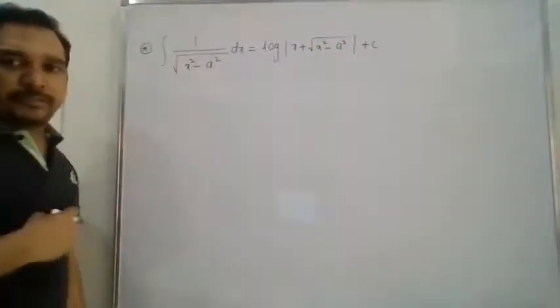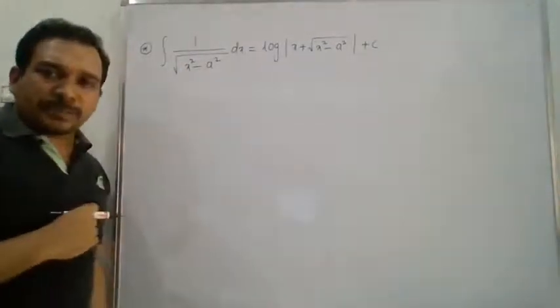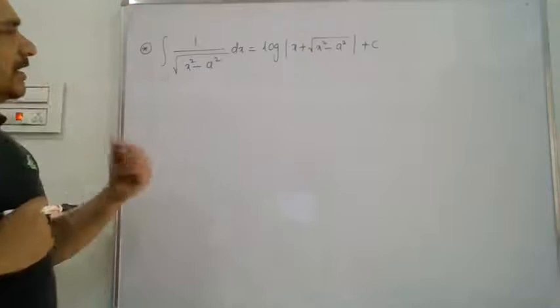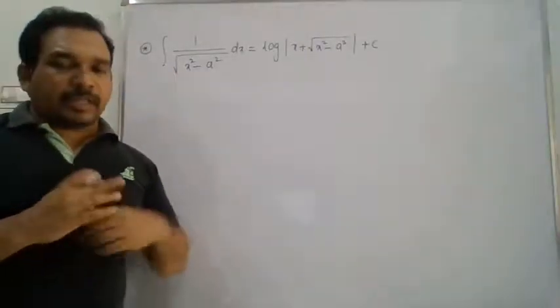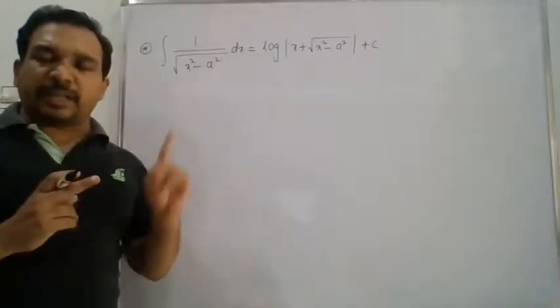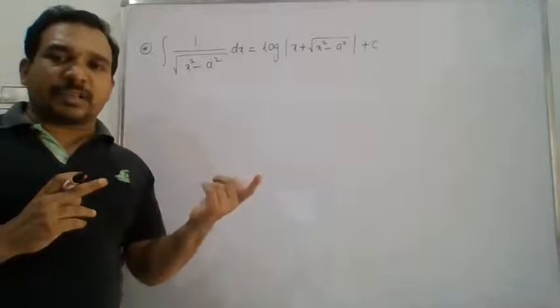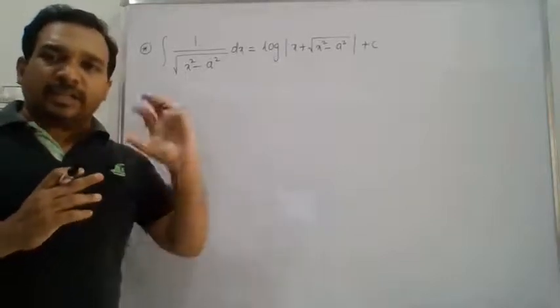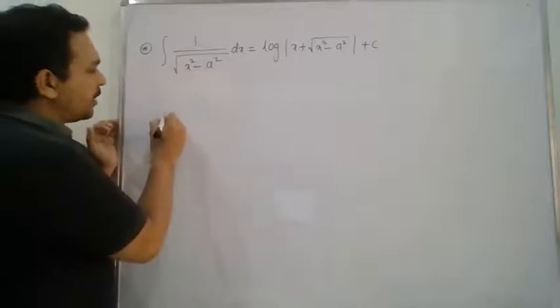Let us prove this also. For this also, take a suitable x value for the substitution. What is the identity, like for x square minus 1? See, last time it was a square minus x square. So if I treat a as 1, then it is 1 minus x square. If I take x square as a sine square, then 1 minus sine square is cos square. That is an identity. Similarly, can you find out any identity for x square minus 1?